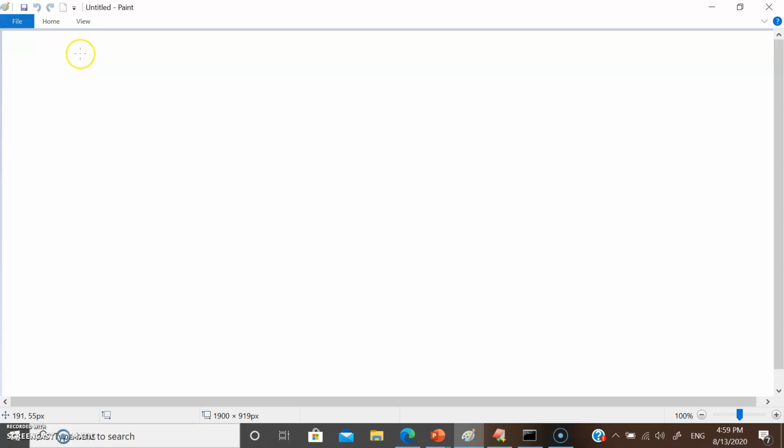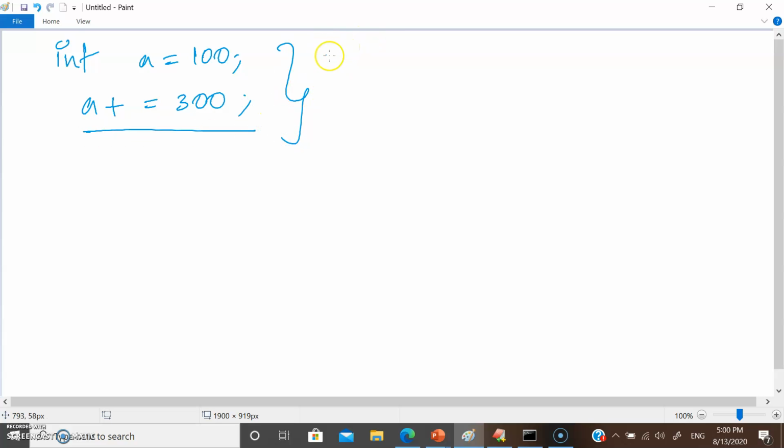Consider int a is equal to 100. When I say a plus equal to 300, what happens here? The a value is 100 and then 300.